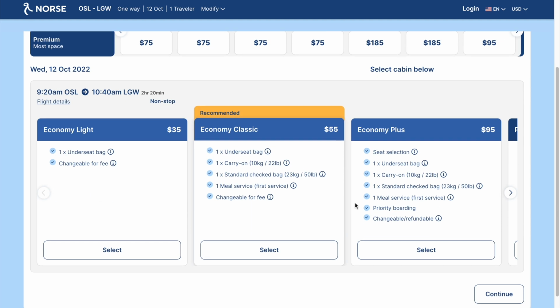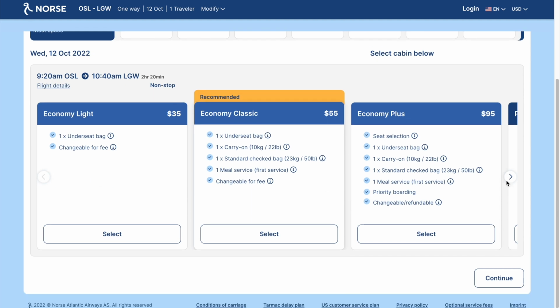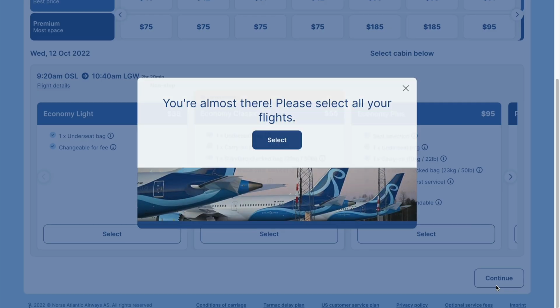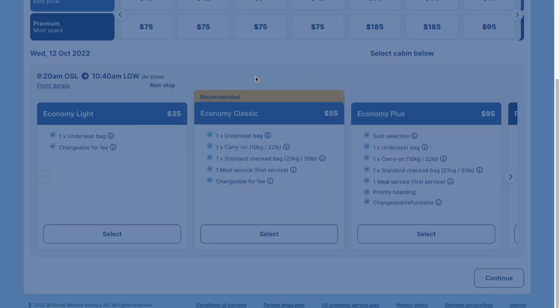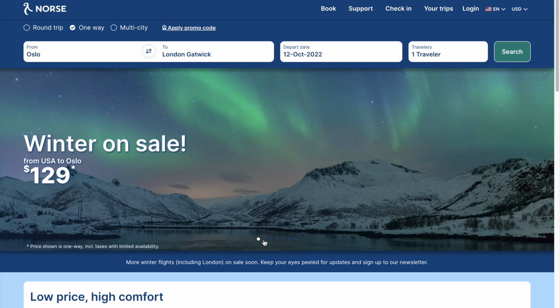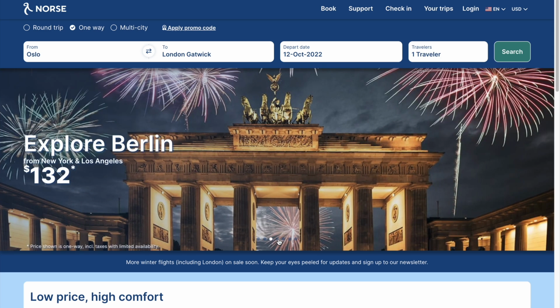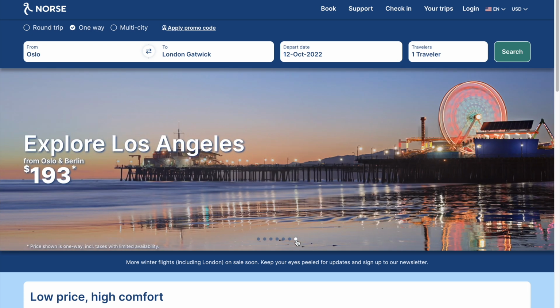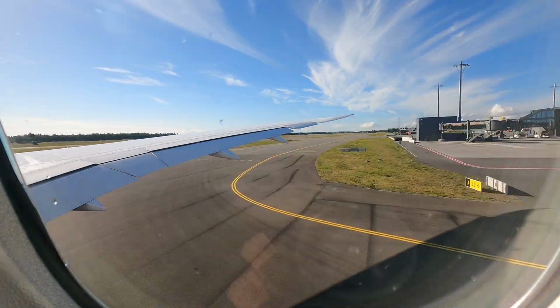I bought the ticket for only $30 in economy class, but they also offer premium class for around $75, which is a very nice fare. They also offer economy and premium class flights from Oslo to Miami, Florida, and they even have flights from Berlin to New York and Los Angeles as well, starting from